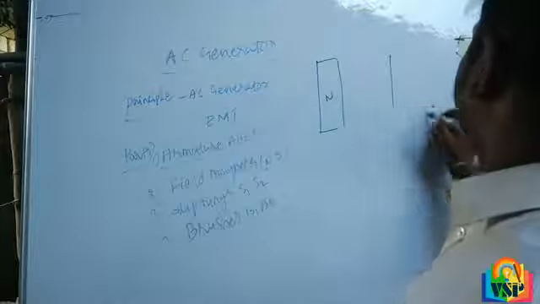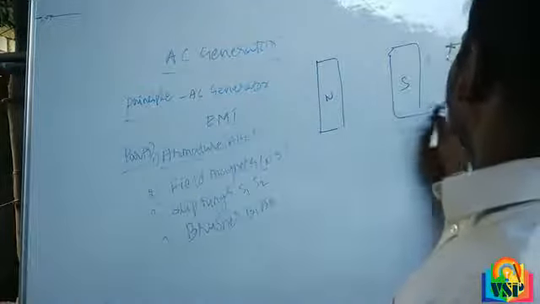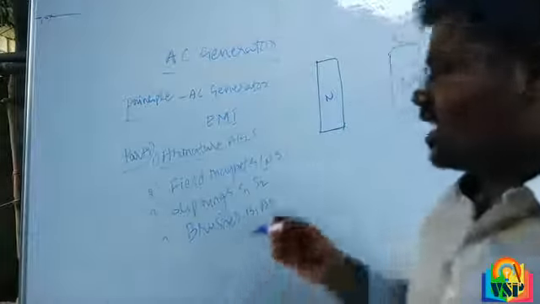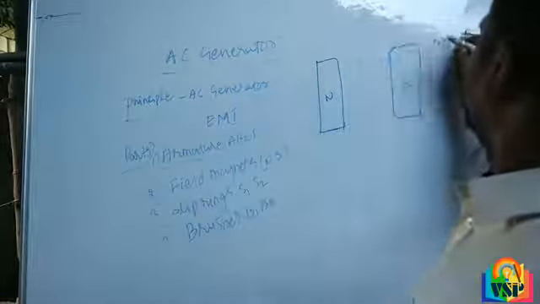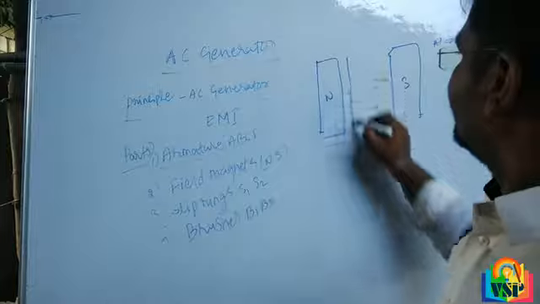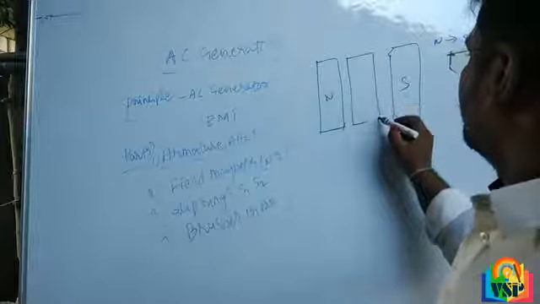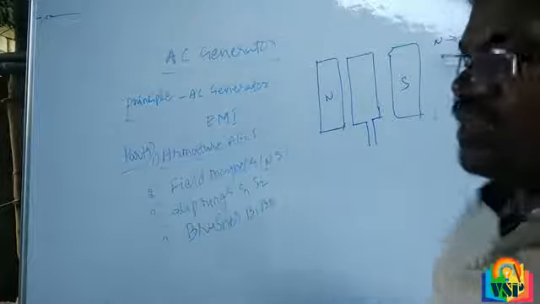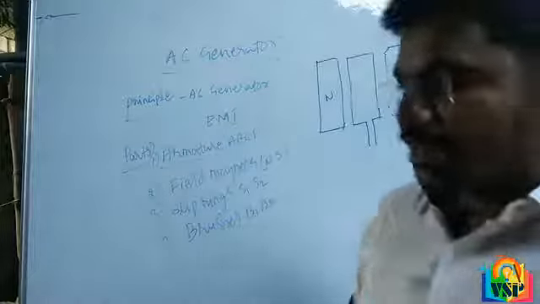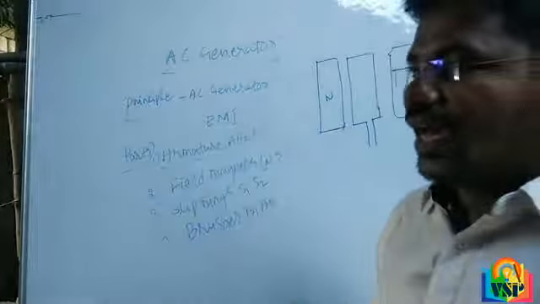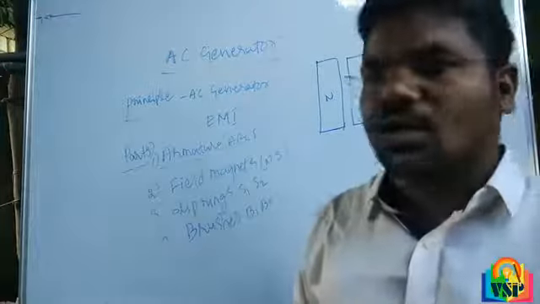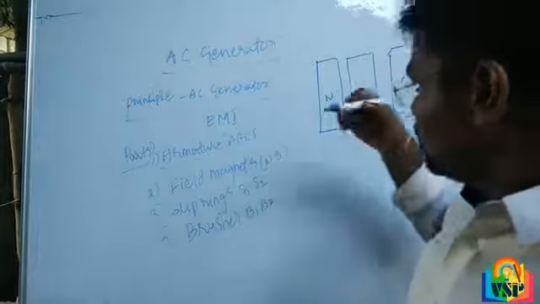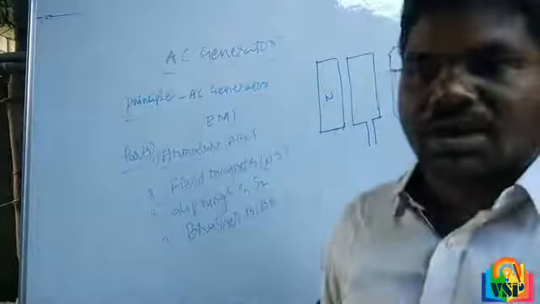North and south magnets, you can say powerful field magnets. We know that field lines always pass from north to south. And armature, we can take ABCD as the armature. Armature means a number of copper coil turns around a rectangular core. Along the rectangular core we wind copper wire in a number of turns.